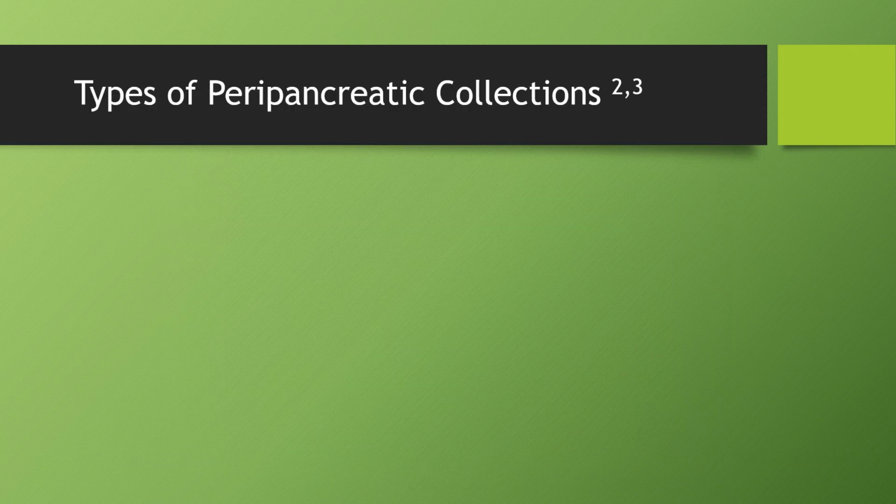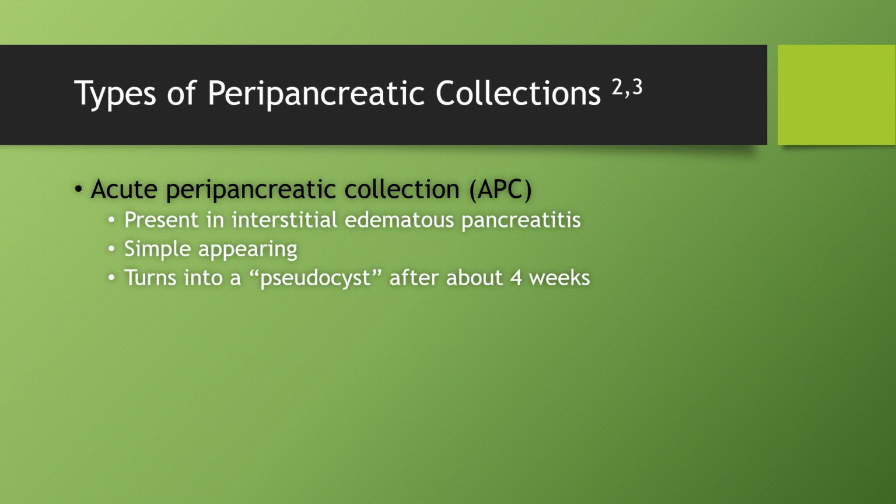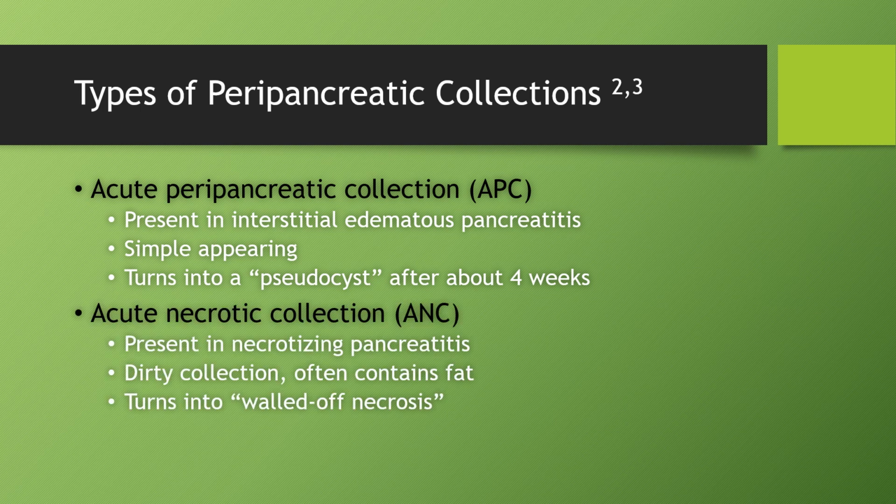So let's talk about types of peripancreatic collections. An acute peripancreatic collection is present in the setting of an interstitial edematous pancreatitis. It's simple appearing and turns into a pseudocyst after about 4 weeks. An acute necrotic collection is present in the setting of necrotizing pancreatitis. It's definitely more heterogeneous. It's a more dirty collection, often contains fat, and this will turn into what we call